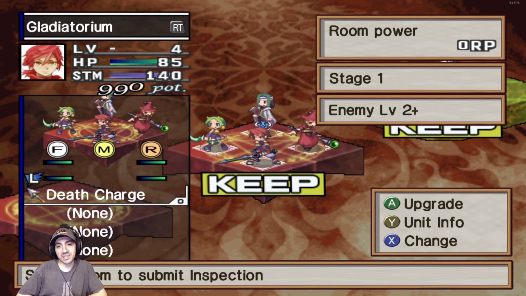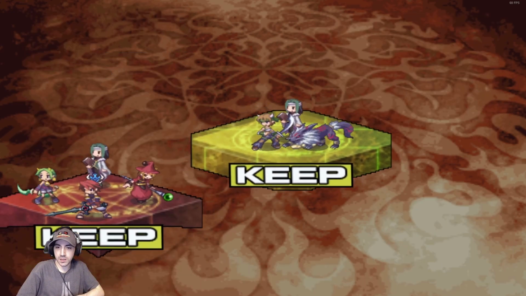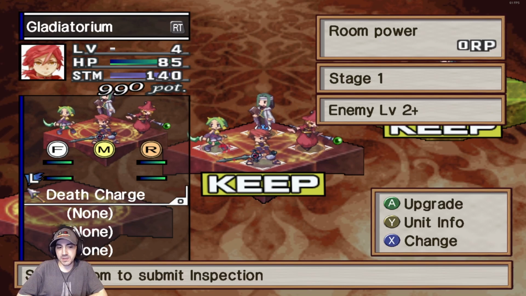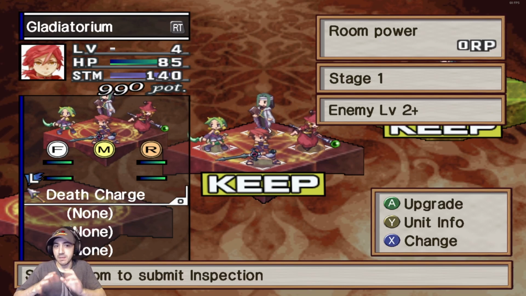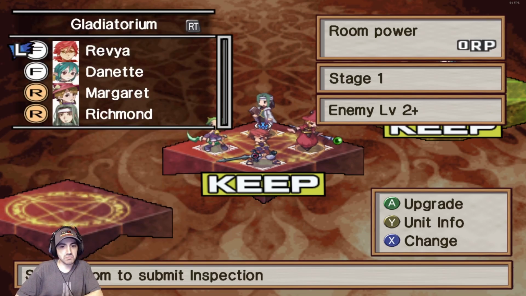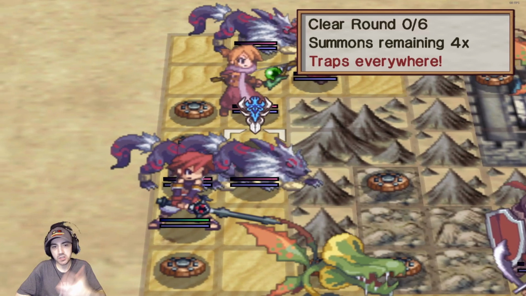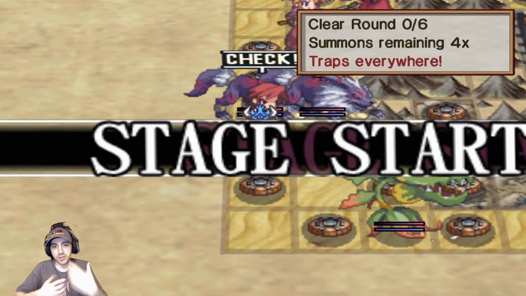And then one last thing I wanted to show is inspection. Inspection here allows you to test your room. So some of these are going to be pretty tough. I'm definitely not prepared for it yet, but you'll see like enemy level 2+, and you can put yourself to the test. I'll say that. You can test your room, and I'll show you what it's like, but you'll get started here, and you'll have to